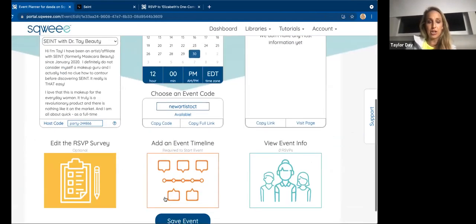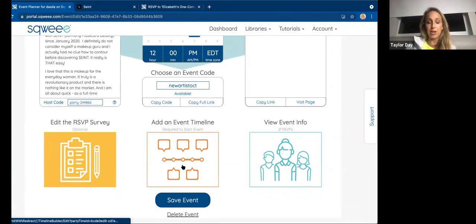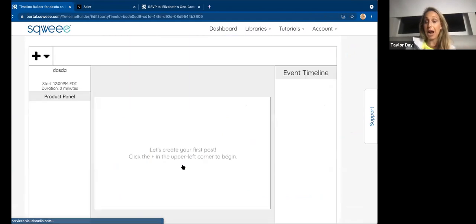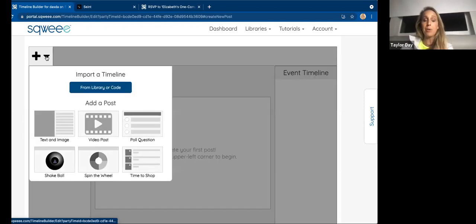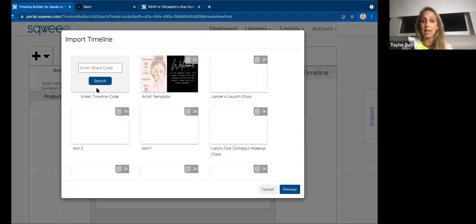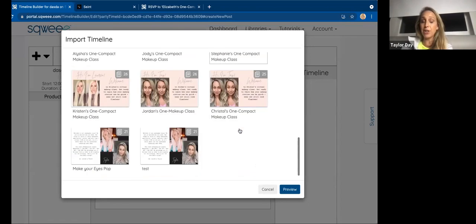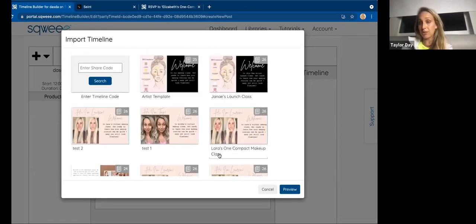Next, what you're going to do is add to the event timeline. Once you have templates you've used, so once you finalize your version, and I'll show you how to make some modifications, you can always go to this little plus and go to library code, and all of your existing classes are going to come up. Now you won't have that for the first one. So what we're going to do is enter this code